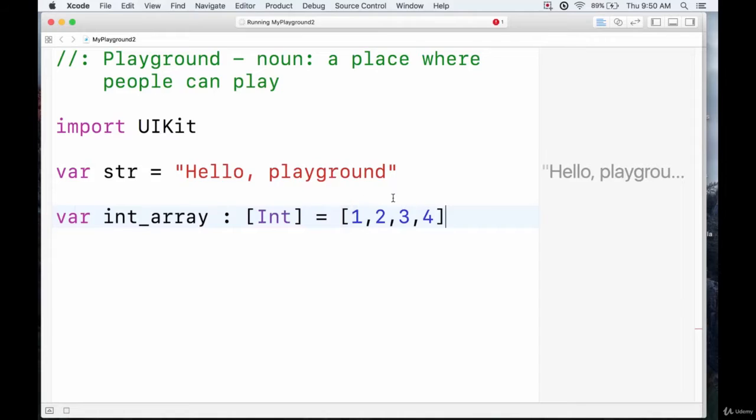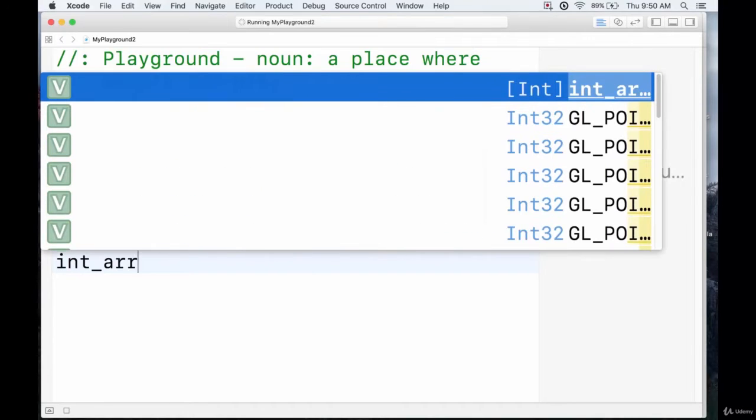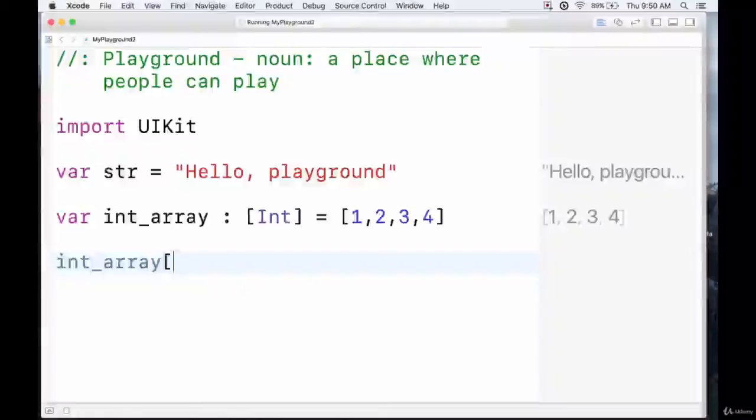Okay, so we've seen how to do this before. This is just creating an array 4 units long, and they're all integers, and it contains 1, 2, 3, and 4. Now, let's say we want to access an individual element from this array. Well, we do that by calling the name and then the specified index. So one thing to note here is that